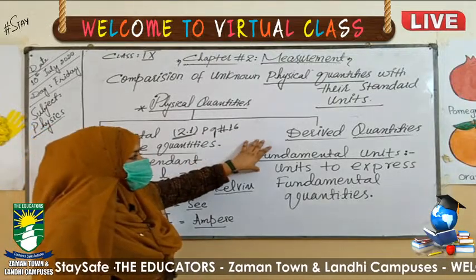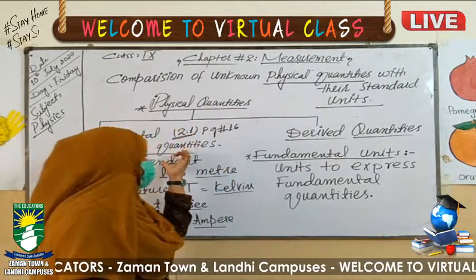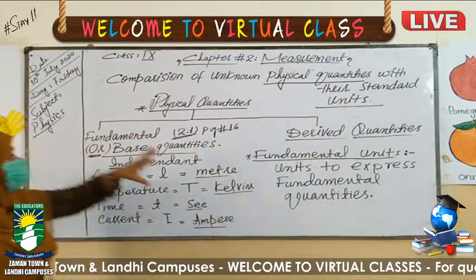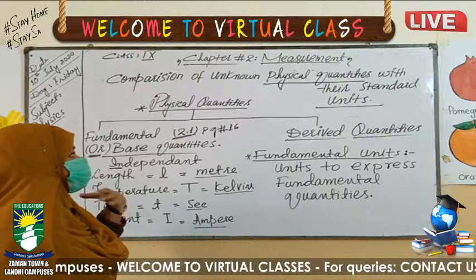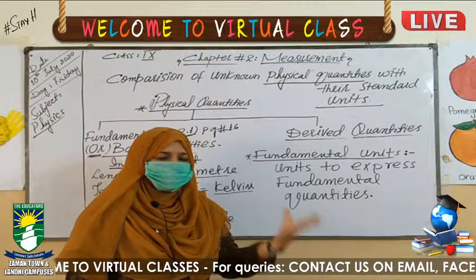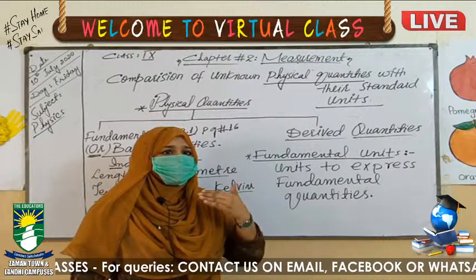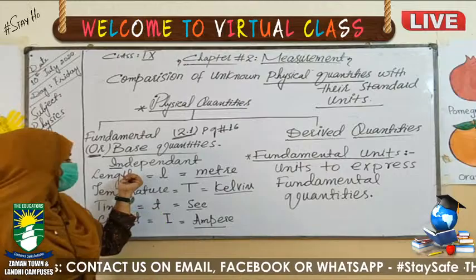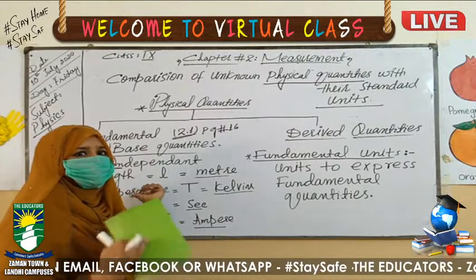So here is the difference, or here is a bit of introduction to fundamental quantities and fundamental units. I hope it will be clear. I am repeating that now. What are the fundamental quantities? They are independent, and you can say these are the physical properties of any substance, of any material which we can measure. I have given you the example of the car. That car will have a particular length. Here is the length, it's the physical property. Similarly, whatever the environment in which the car is standing, there will be some temperature.